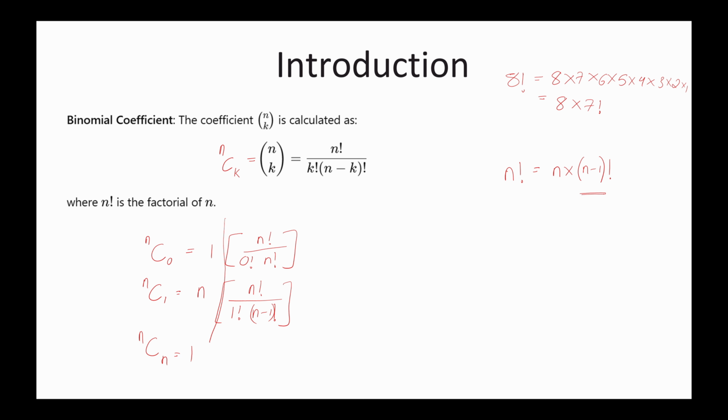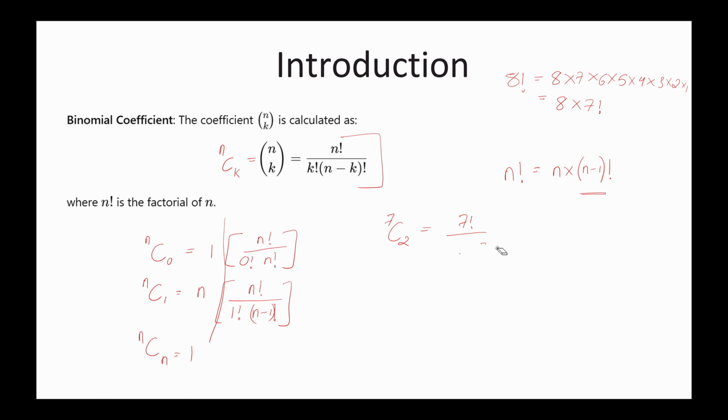Now there is a shortcut trick to calculate the binomial coefficient. Every time you do not have to use this entire formula to find out your binomial coefficient. Of course, it is going to be a very lengthy and time-consuming process. So what is the shortcut way for you to calculate any binomial coefficient? Let's say I have 7c2. I have to find out 7c2. Instead of using this entire formula of 7 factorial upon 2 factorial into 7 minus 2 factorial, I can